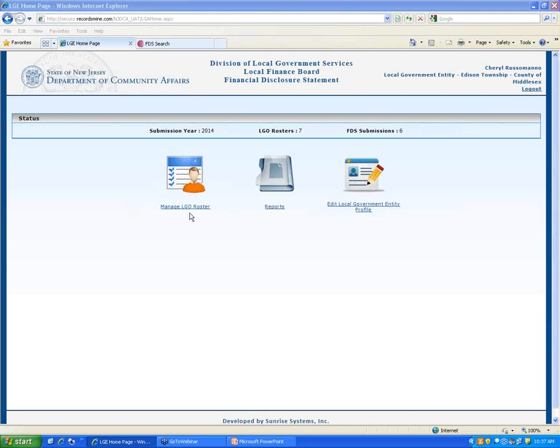It says, must all LGOs have the system requirements listed in order to file an FDS? Must all LGOs have the system requirements listed? I'm not really sure, Melissa. I know you sent that message. If you kind of maybe rephrase that, I apologize. I just don't understand the question there.